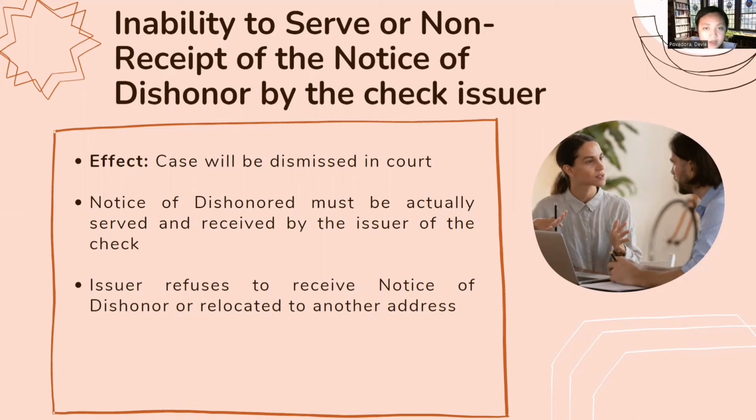In other words, if there is no proof as to when such a notice was received by the drawer, then the presumption or prima facie evidence cannot arise, since there would simply be no way of reckoning the crucial 5-day period. The 5-day period provided is a time frame wherein the issuer can pay the obligation in cash or provide any other alternative form of payment.